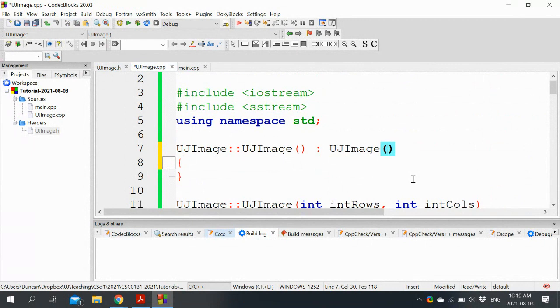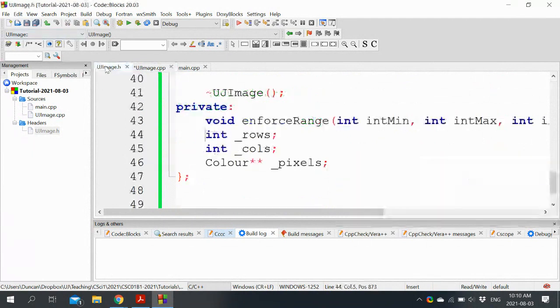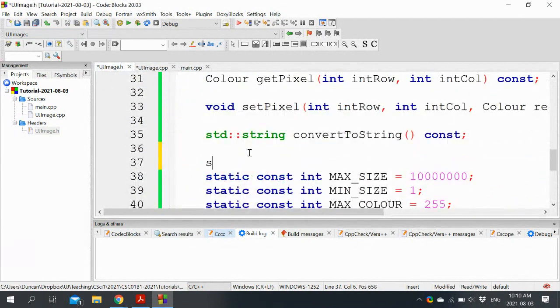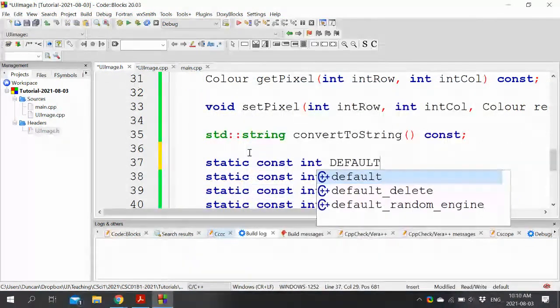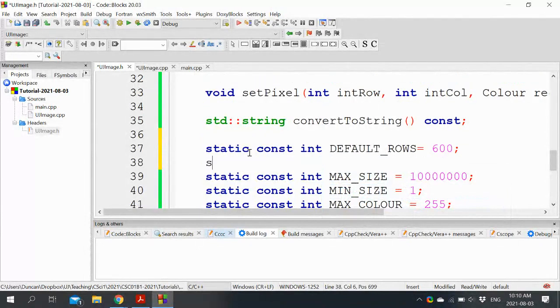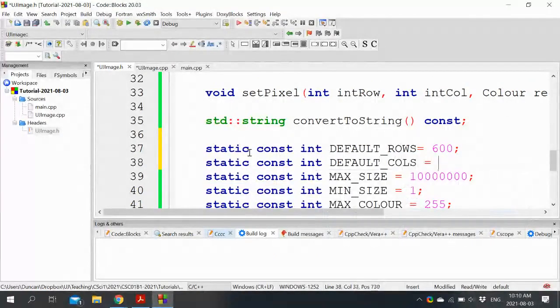So what are we going to do? Default rows. Did I make a default? I don't think I did. Let's do it. Good example. Default rows. And default columns.